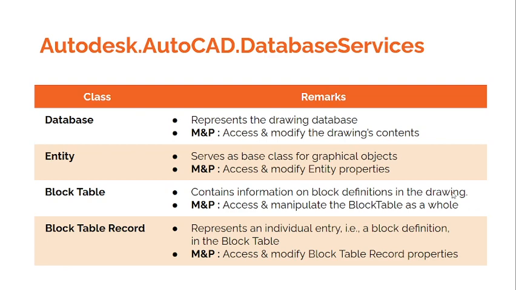Within this namespace, we have three important classes, the ones which are used more often than the others. Let's take a look at them. The first one is the Database class, which represents the drawing database containing entities, layers, blocks, etc. The methods and properties contained in this class allow us to access and modify the drawing's contents. For example, we can add or remove entities such as lines, circles, etc., create and manage layers, blocks, and so